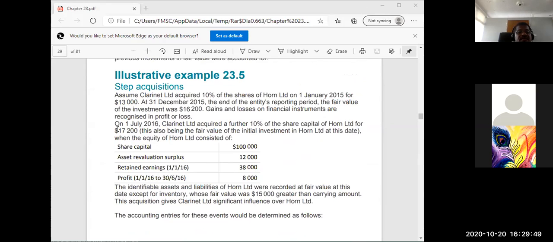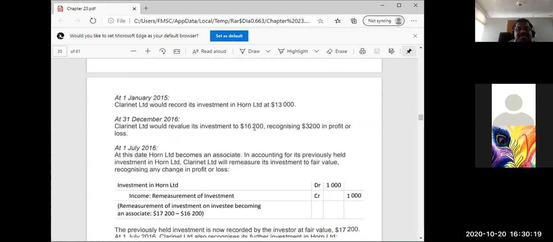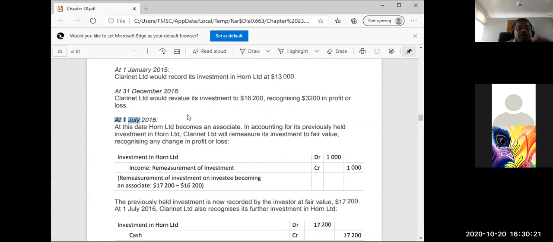So you acquire 17,200, another 10%. That means the same shares, the previous 10% also has the same fair value. We have to remember in the question 17,200 is given for the second acquisition of 10%. The same share you are purchasing. Previously you have purchased 10%, so we assume that the fair value as at this date of the previous